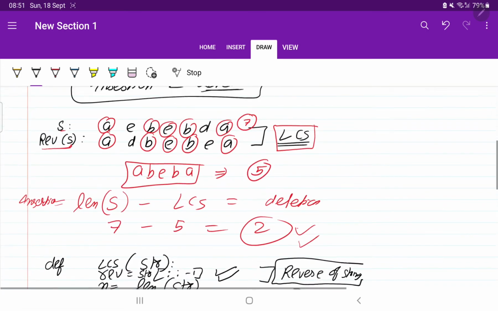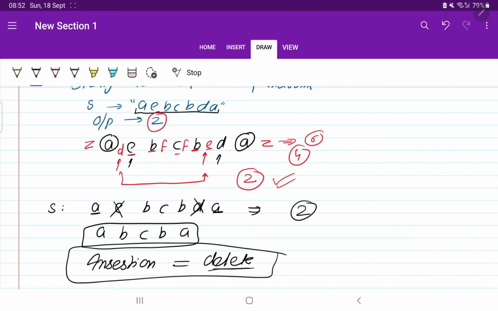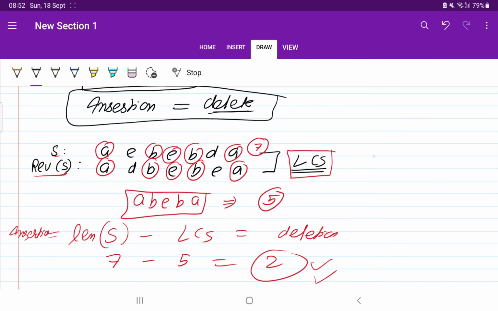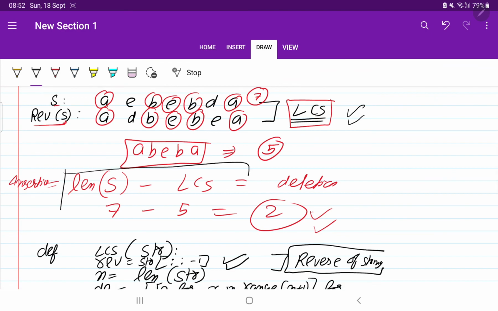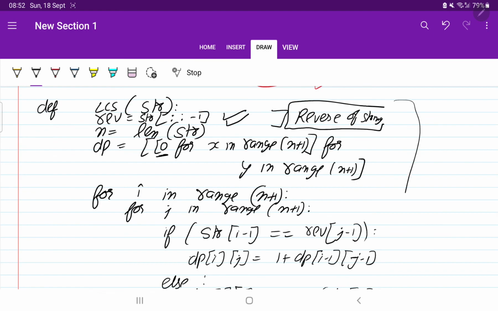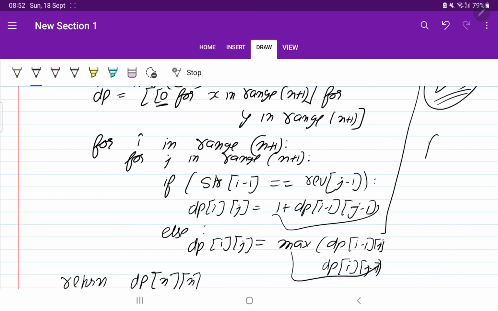So in this question, first of all, observe what we have done. You will see that deletions are going to be equal to the number of insertions. Then we saw that for deletions we use the concept of LCS, using one string as the reverse of s, and we got the deletions as length of string minus LCS. And this is the direct code I have written for LCS. If you want to know the concept of LCS, you can check out my LCS video. I have shown you the logic of why I have written this in the recursive as well as top down approach. Perfect. So you can check out those videos as well.